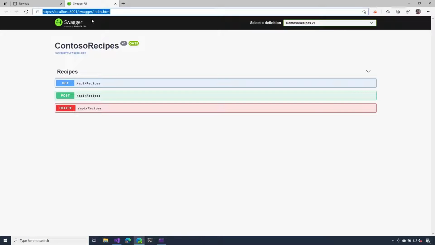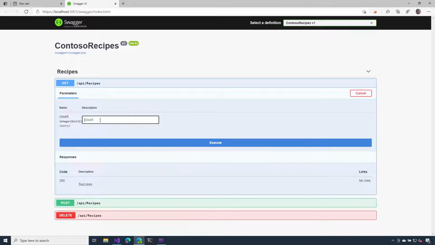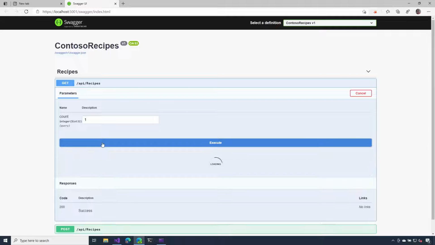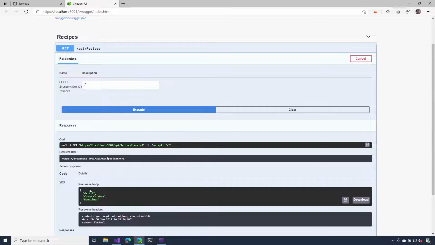Now that my Swagger UI is up, let's inspect that get operation. Notice that I have that count parameter available for me to use. And I could give it a value and let's execute it. 1, so that's the right number, and then 2. There you go. So we know that the right value is being pulled out of the query string and supplied